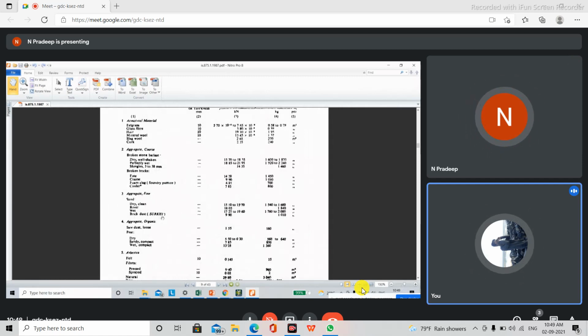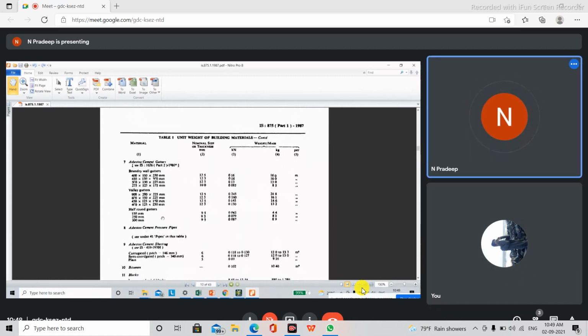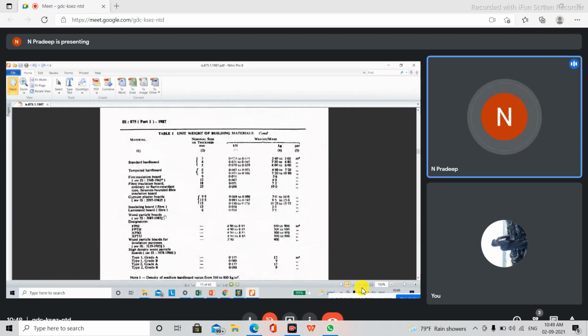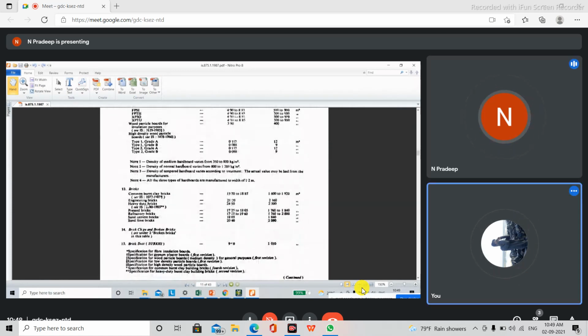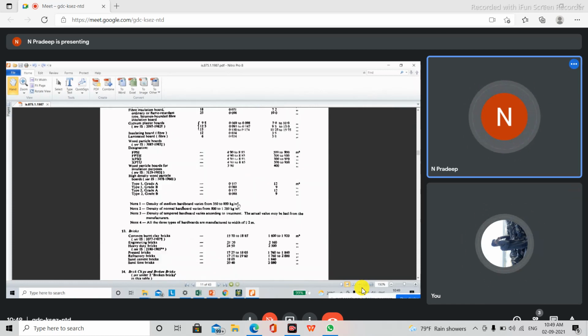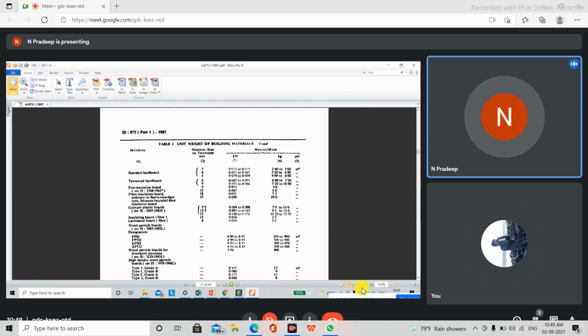You can see here. It will be in alphabetical order only. You can see that the load value is given here, so we can take it as 18. What you have to do is calculate the height of the wall. You have to multiply the height of the wall, thickness of the wall, and length of the wall, so you'll get the volume. The volume will be multiplied by the unit weight, and you'll get the self weight. This self weight that you get here will be for one whole wall.